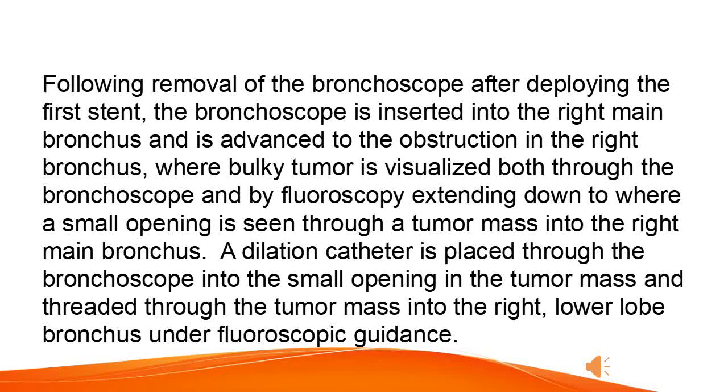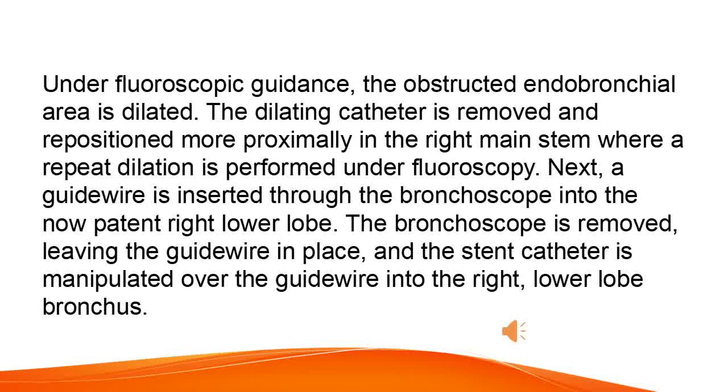A dilation catheter is placed through the bronchoscope into the small opening in the tumor mass and threaded through the tumor mass into the right, lower lobe bronchus under fluoroscopic guidance. Under fluoroscopic guidance, the obstructed endobronchial area is dilated. The dilating catheter is removed and repositioned more proximally in the right main stem where a repeat dilation is performed